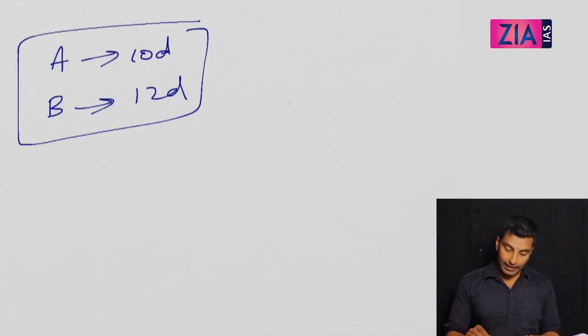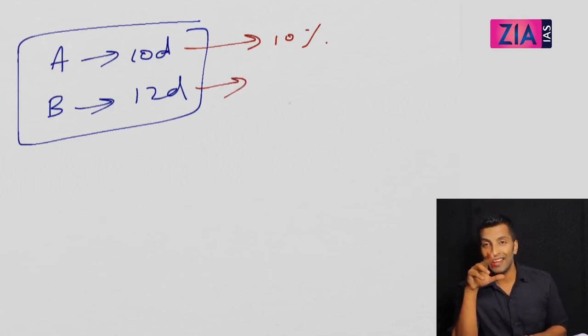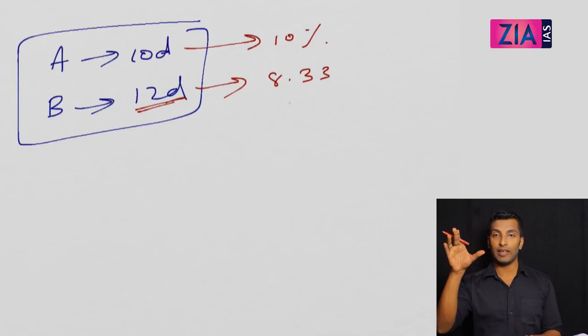Now the moment I see 10 days, I know this is 10% A will do in 1 day. 12 days means, we know 1 by 6 is 16.6, so 12 days means 8.33. So B will do 8.33. Just before you have seen this, how will you do this 12? 1 by 12 or 100 by 12? We know 100 by 3 is 33.3, 100 by 6 is 16.6, 100 by 12 is half of 16.6, that is 8.3. Now I can make any question and I am sure that you will be in a position to